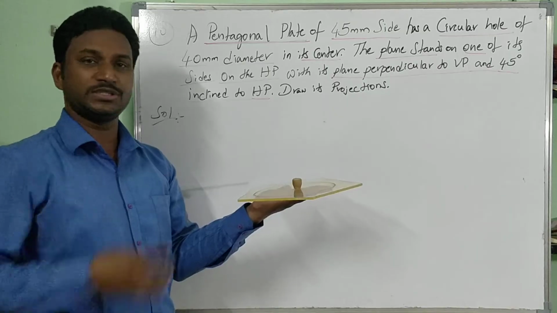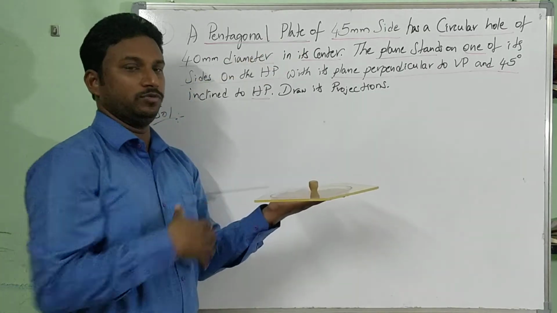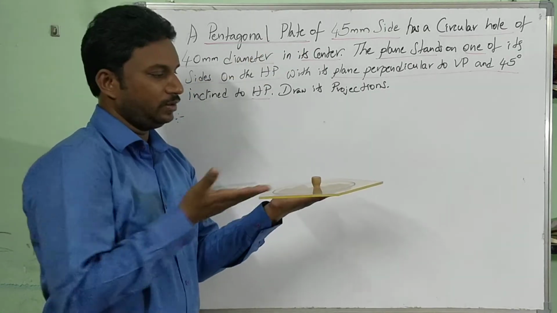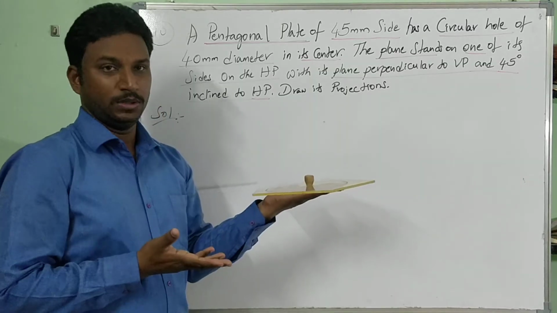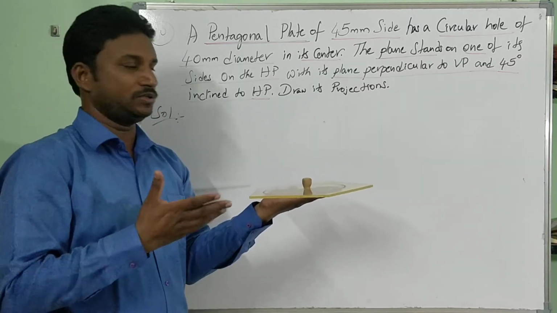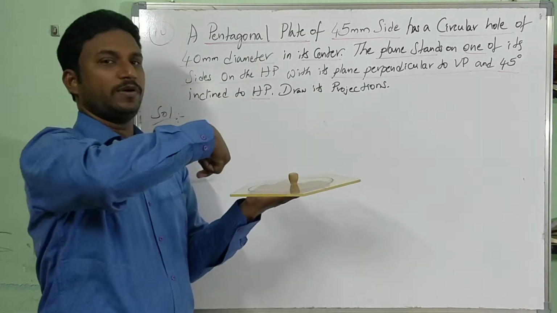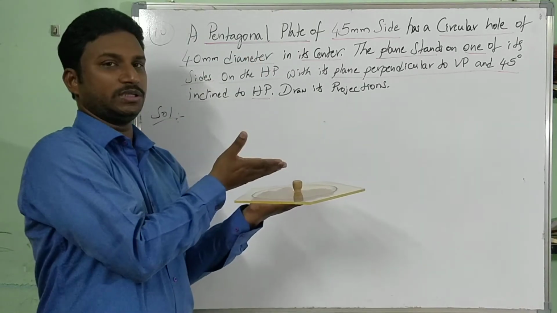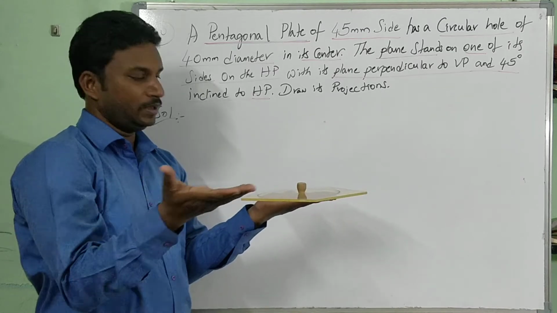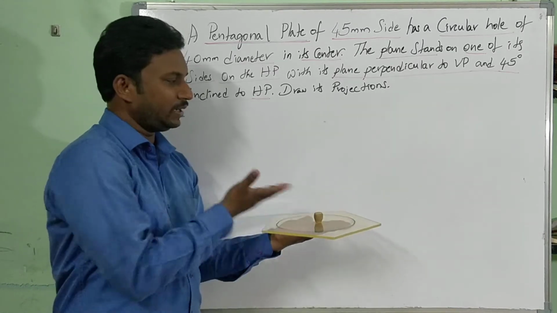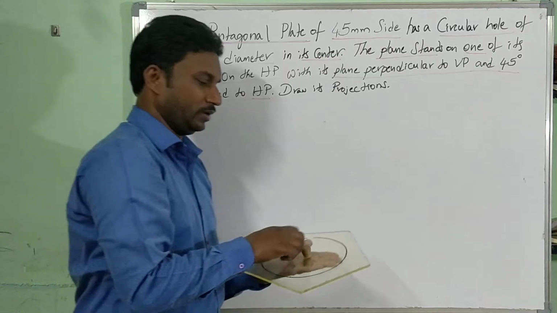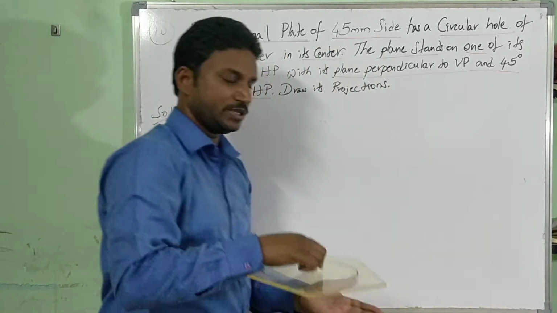How to draw its projections, front view and top view? The front view is a line whose length you cannot guess and draw, or measure. So first we go for the top view. In the top view, you can draw the true shape of the pentagon. In the front view, you can project the line. As this is on the horizontal plane, the line will be projected onto XY. Hope you all understand this explanation.